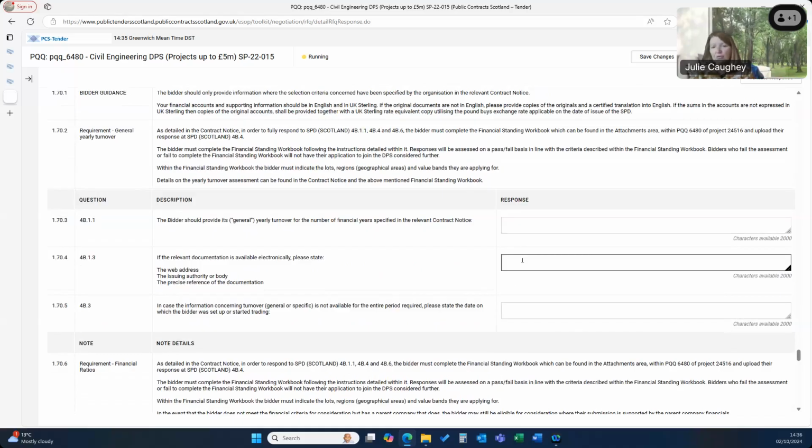And then it depends what type of accounts you file. If you file the full set of accounts that's got the turnover in it, then you could put a link in here to Companies House so that they could download the accounts themselves. But if it's the case that you do micro accounts or abbreviated accounts, then the turnover isn't shown there. So then I would just put in here not applicable. So I would put in here, say 2023, 1,200,000, and then